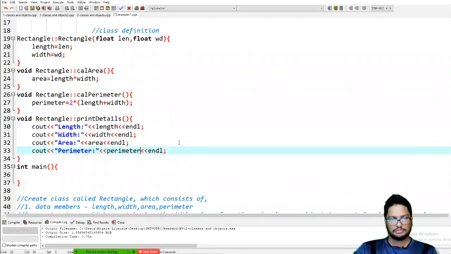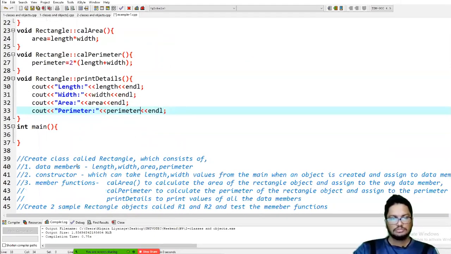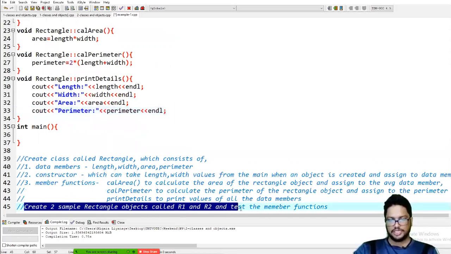Right. So then you are asked to create two sample rectangle objects called R1 and R2 and test the member functions.